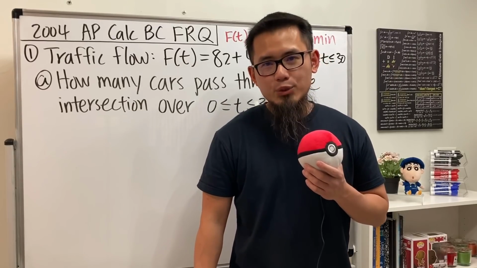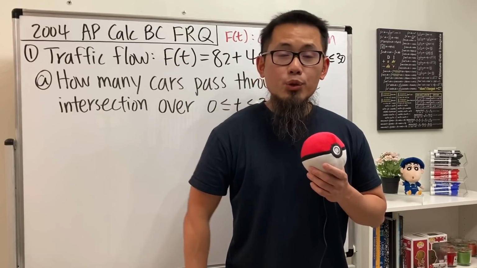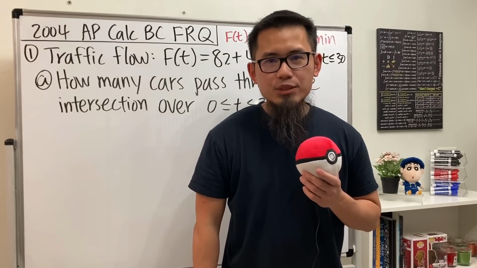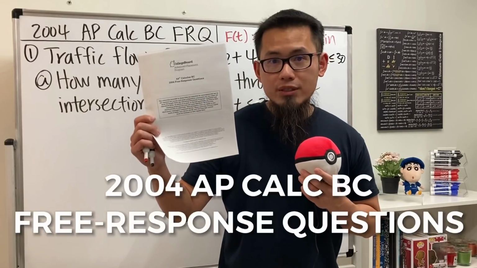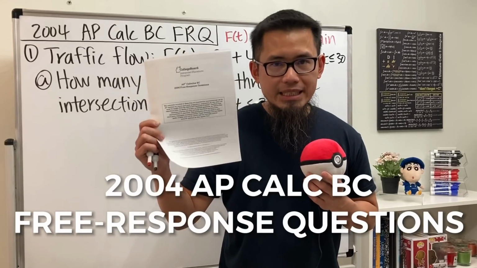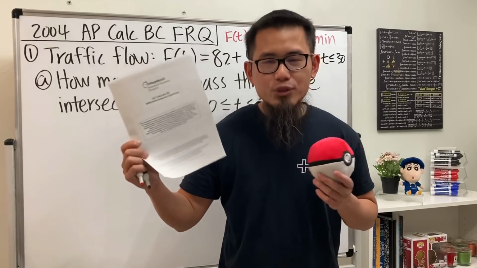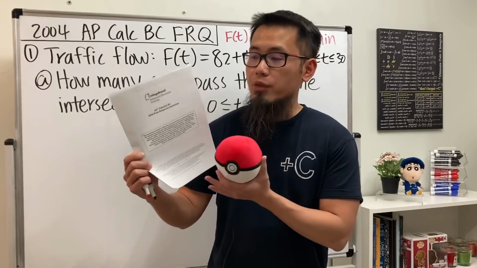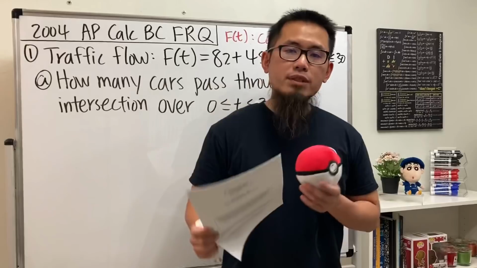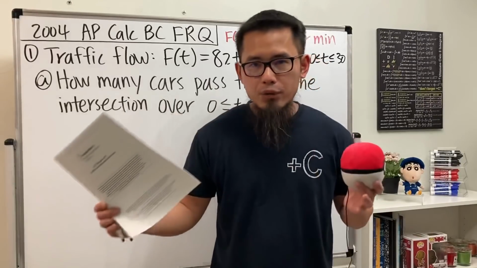We are going to do something really special. We are going to do the AP Calc test that I took back in high school, and that's the one from 2004. Here we have the 2004 AP Calc BC free response questions. Unfortunately, College Board didn't release the multiple choice questions, but it's okay because we'll finish all 6 questions right here. We can use a calculator for the first 3 questions, but we have to do everything by hand for the